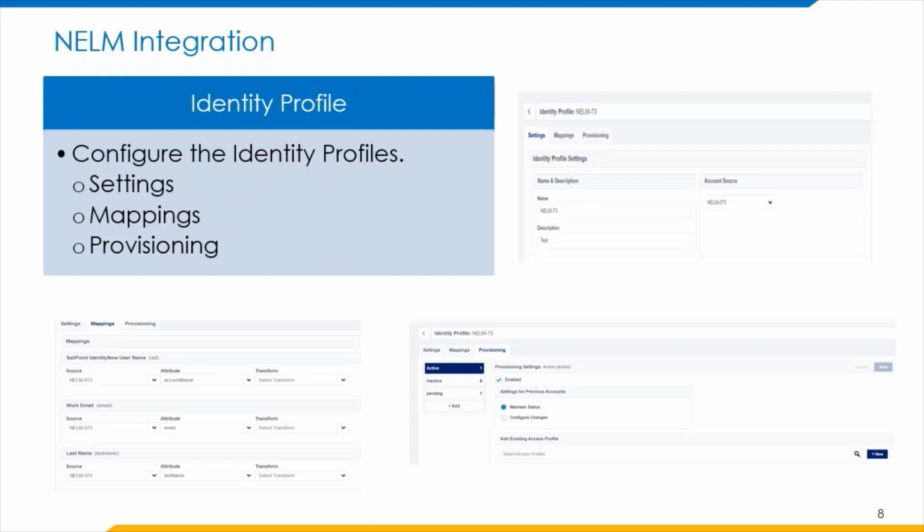Work email cannot be blank, but it is validated as an email address. If you have provisioning and you want to use lifecycle state to perform provisioning tasks, the lifecycle state attribute must be mapped. Coming to the next slide,